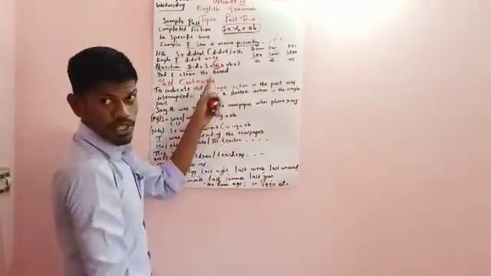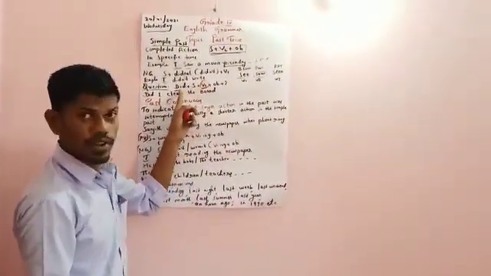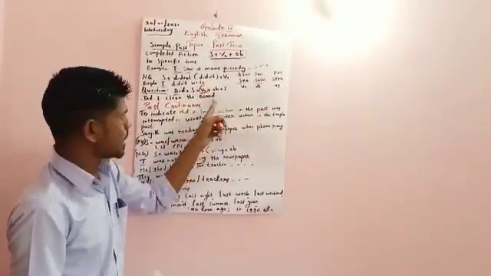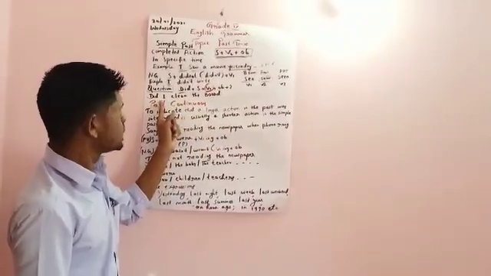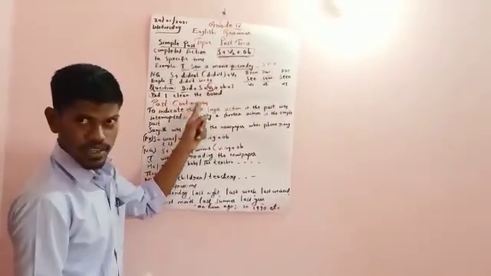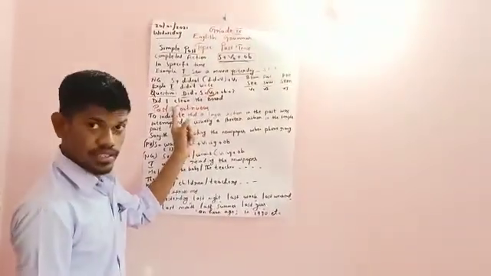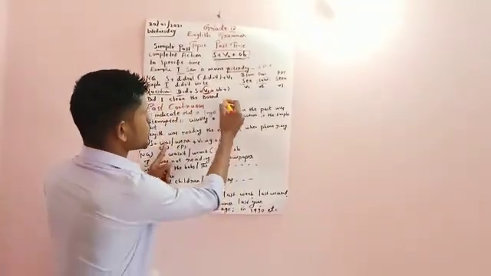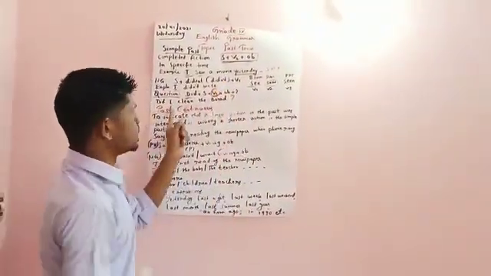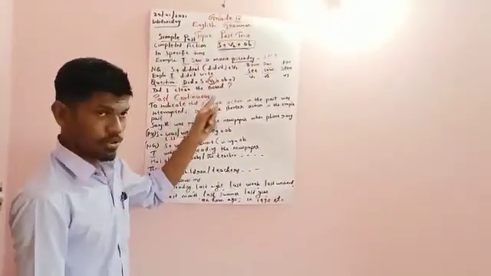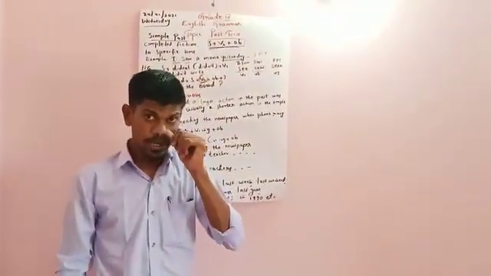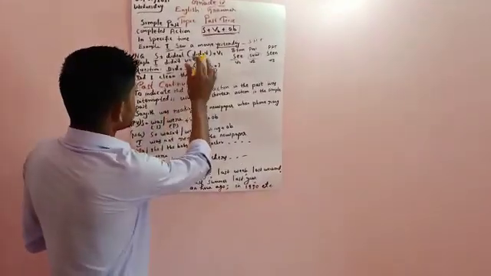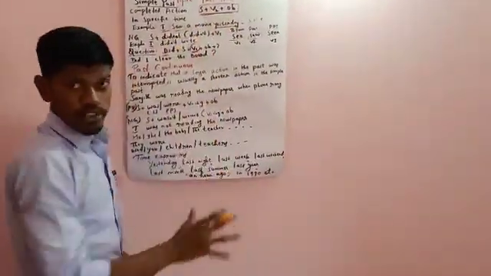Here if you write V2, it is totally wrong, because we are already using did for the past. So there is no need to take the past form again. See here: Did I clean the board? Is it right as a sentence? The sentence is right, but it is wrong as a question because definitely there should be a question mark. Did I clean the board? Did I walk? Did I write? Did I speak? Did I read? Etc.